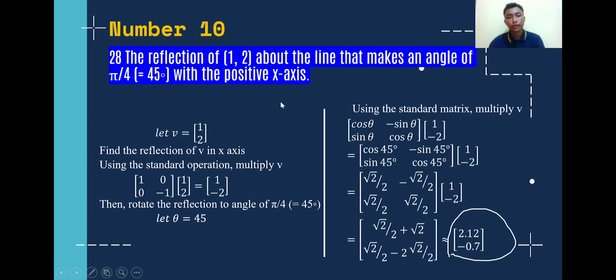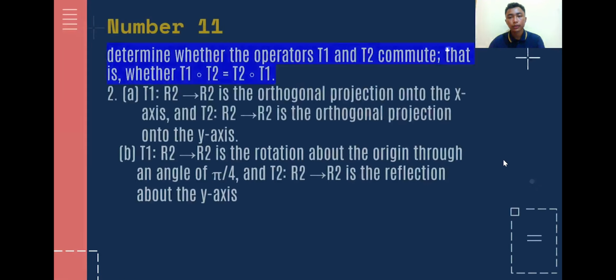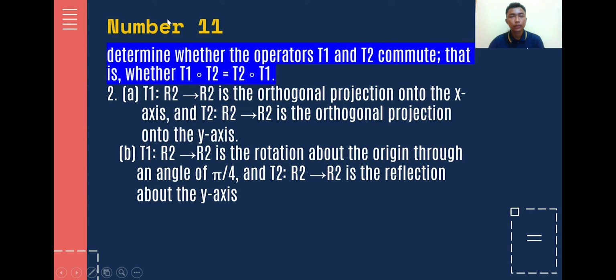Yeah, maybe I will not explain more in this question because I think this has the same way as before in number 27. So I think that's enough, and I think this is the right answer because I made the odd numbers and my friend made the even numbers.